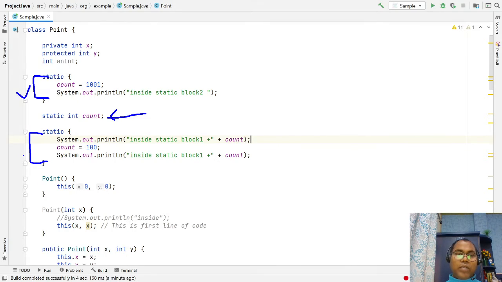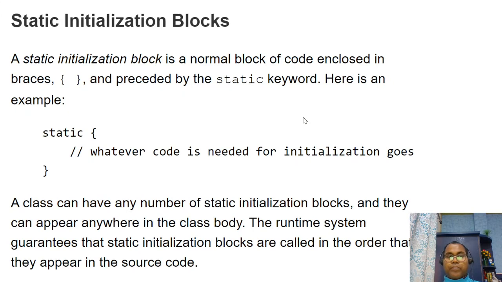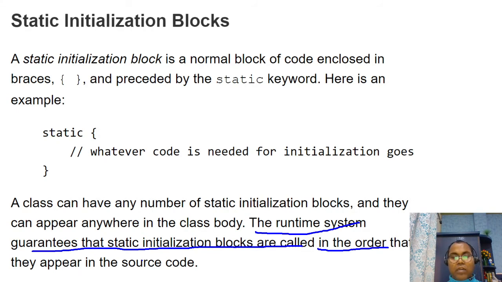If you have multiple static blocks, the order in which they are defined in the source file is the order they are evaluated: first this, then this. The runtime system guarantees that static initialization blocks are called in the order that they appear in your source code.